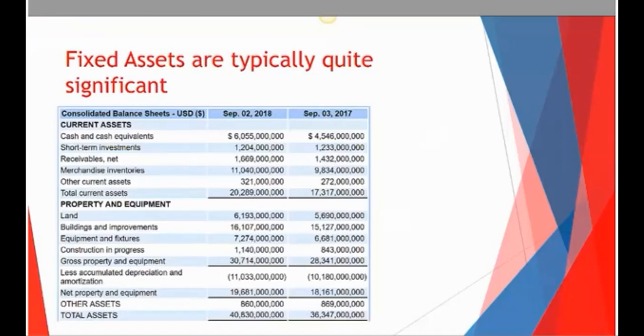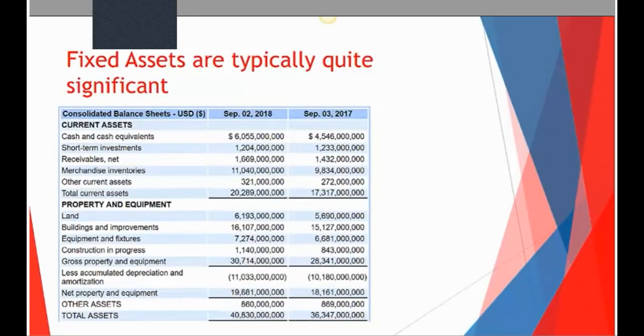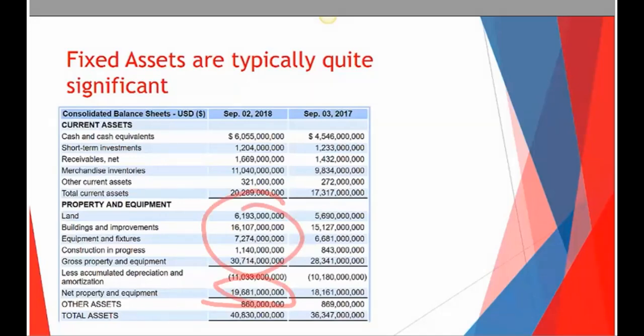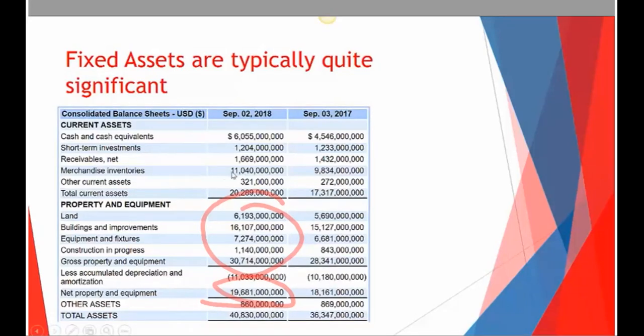So, fixed assets, usually pretty large here. So, Boz, can you guess what company this is? You know, I probably wouldn't have been able to guess it. How about what type of company? It's got a massive amount of inventory, so I would have gone with a retailer. But we're looking at property, plant, equipment. So what does that tell you? That they have a lot of stores, probably. I'm guessing it's a retailer, so it's someone with a lot of big stores. When you think retailer, you usually go to Walmart first, so I might have guessed them just because these numbers are huge, but it's not. We use Walmart pretty much every time.